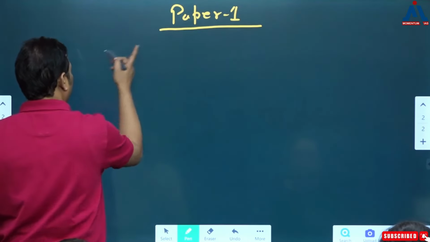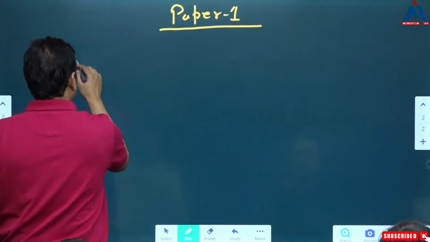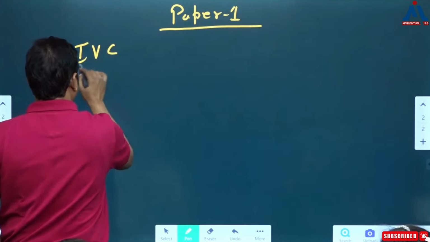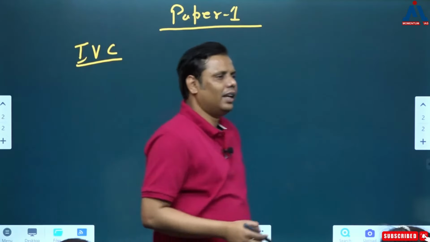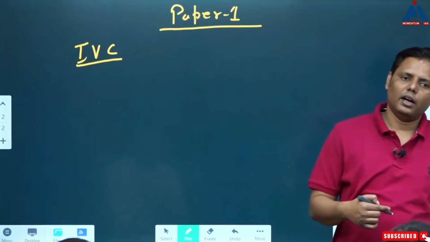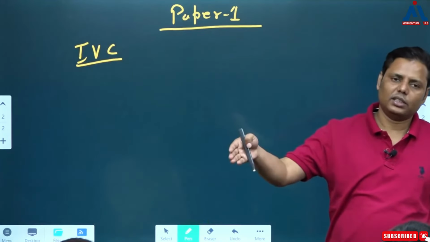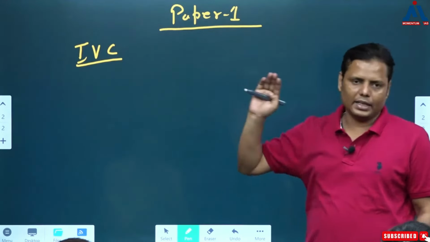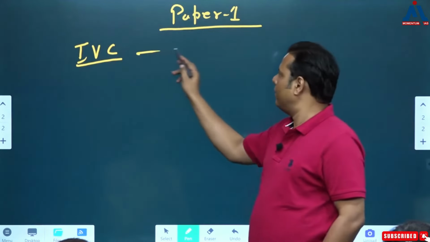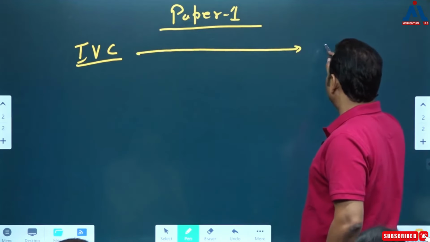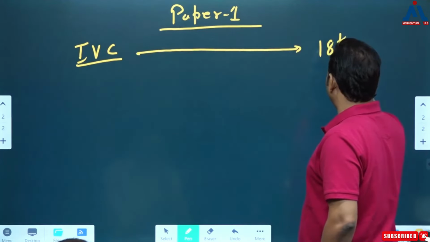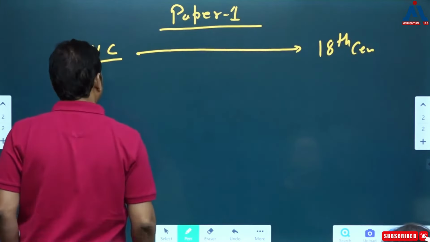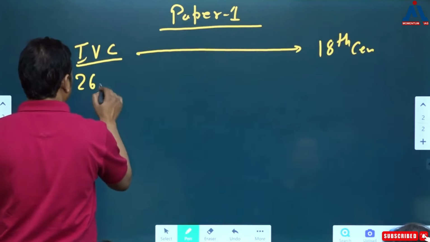So if it is about paper 1, the history starts from IBC only, because there is not much information with us as far as the prehistory is concerned, and that's how, for the safer side, we have been taking IBC as the first topic. And from IBC, we go up to which period? The Mughal period, that is roughly around the 18th century. So what was the period of IBC? Around 2600